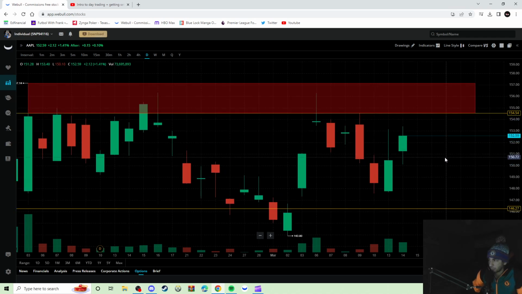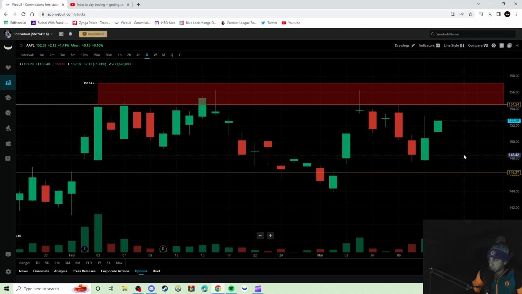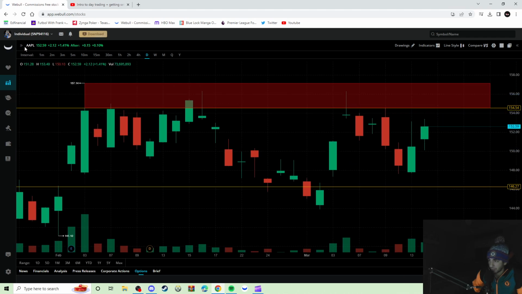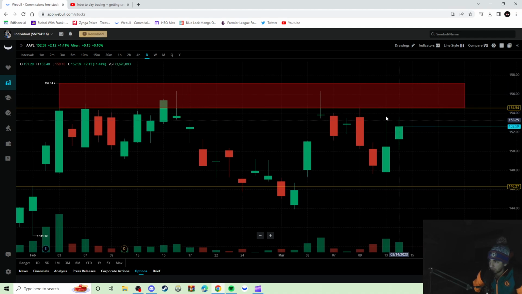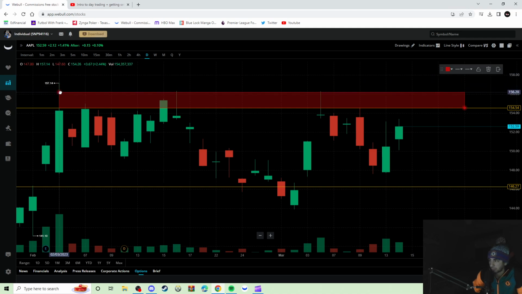So in this example, if you wanted to short this Apple stock, if you saw that it got into this red zone like it did here a little bit, here a little bit, here, it looks like you could use this area to short the stock and think that it's going to go down. And if you wanted to, you could use this price above here, this highest wick, as a stop loss. Me personally, I would be a little bit more conservative, and I would probably use this area here,